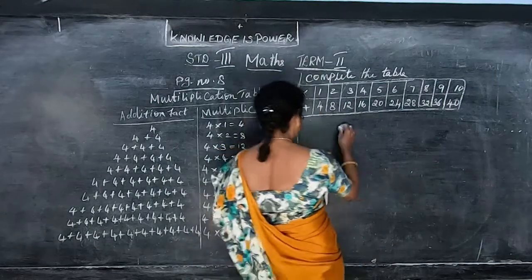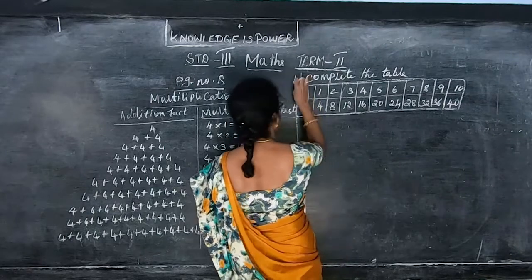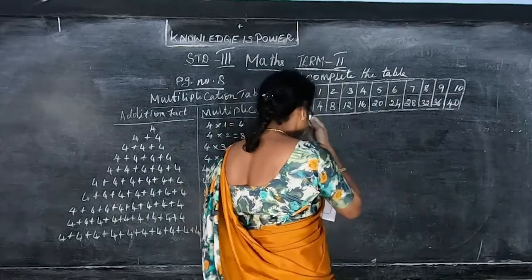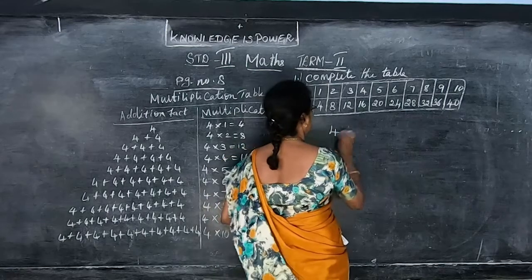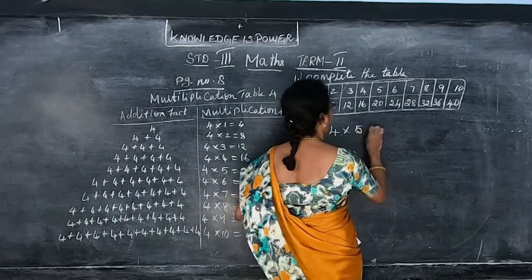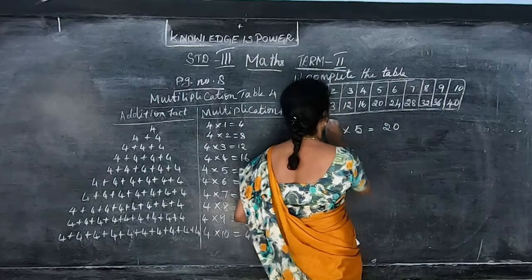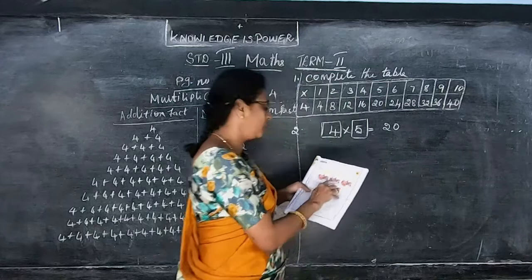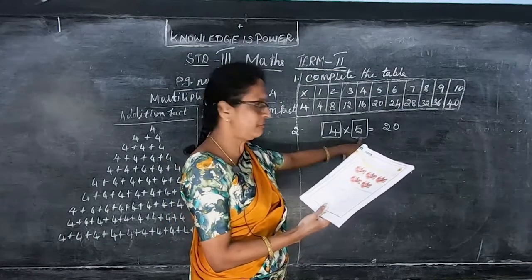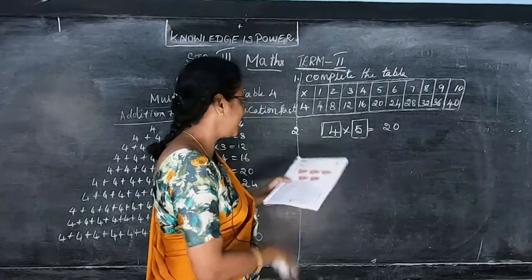So you can write the sum number 2. This is sum number 1. And sum number 2 is 4 toys in a box. So 4 toys in a box. How many will be in 5 boxes? That is equal to 4 5s are 20. So 4 toys over a box, how many is there? 5. That is 20. 4 5s are 20.